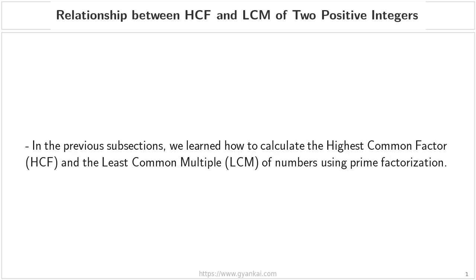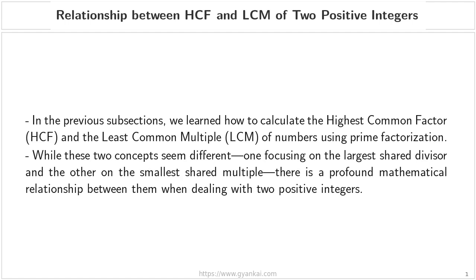Welcome, everyone. Before we dive into today's new topic, let's take a moment to reflect on what we have already covered. In our previous lessons, we explored the methods for calculating the highest common factor, or HCF, and the least common multiple, or LCM, specifically using the prime factorization method. Now, at first glance, these two concepts might appear to be entirely unrelated. After all, one is concerned with finding the largest shared divisor, while the other is focused on finding the smallest